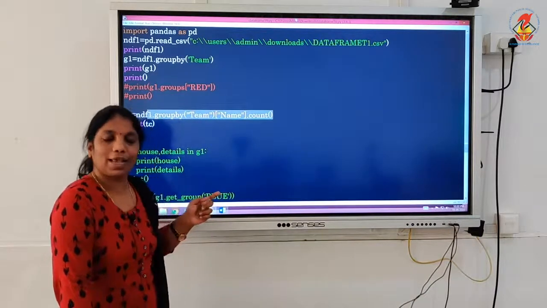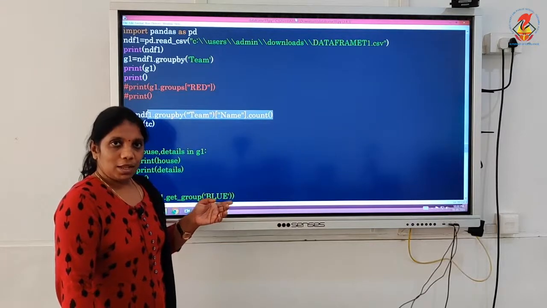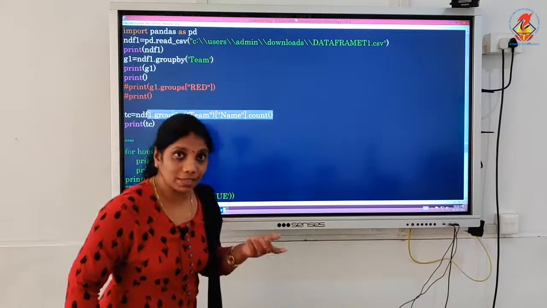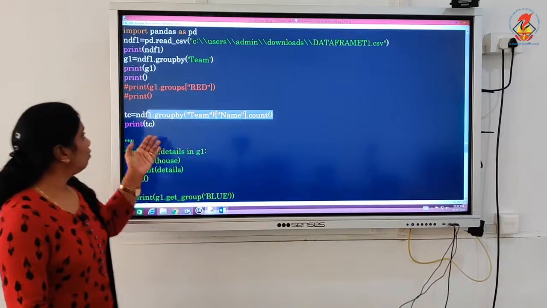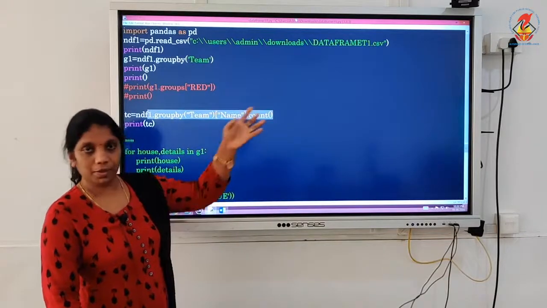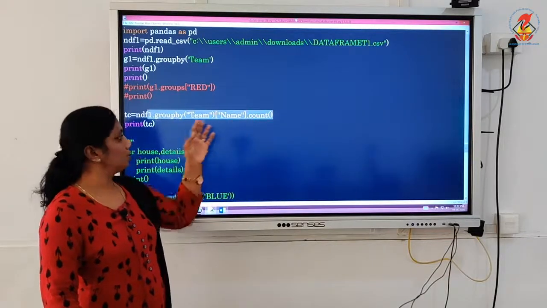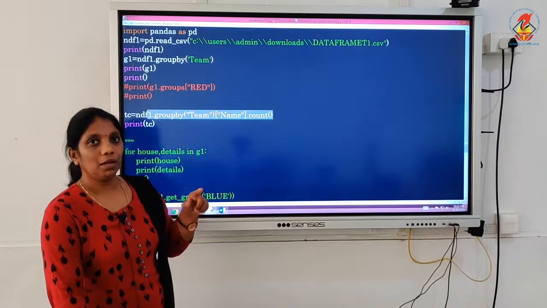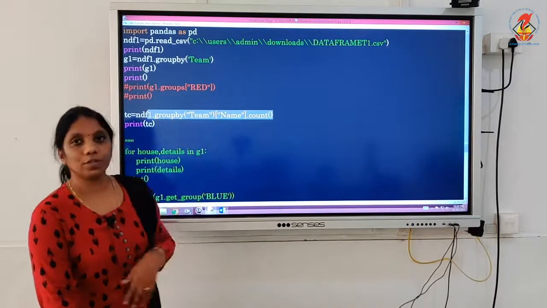Now this looks like an SQL function, isn't it? How your grouping happens in SQL, you can compare: select team, comma, count star from the table name, group by team. So you are going to count how many people are there under one team, correct? That is the answer that came for this also.